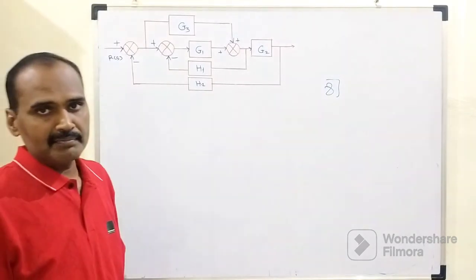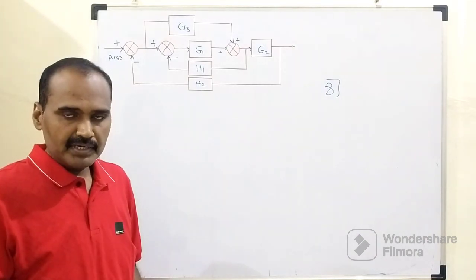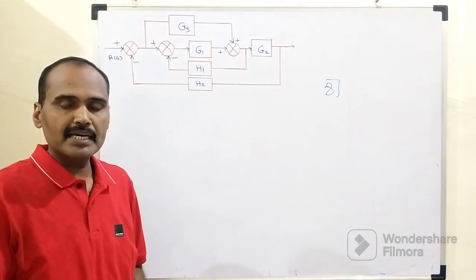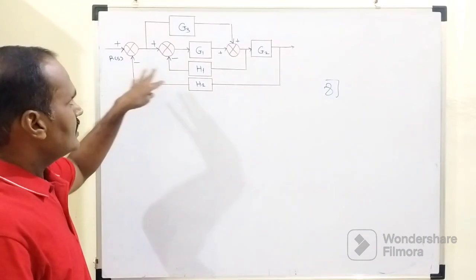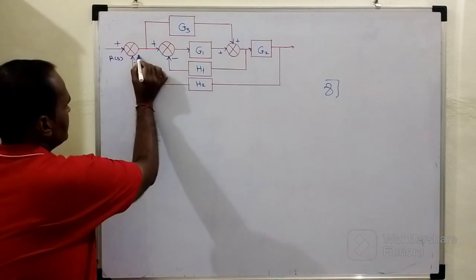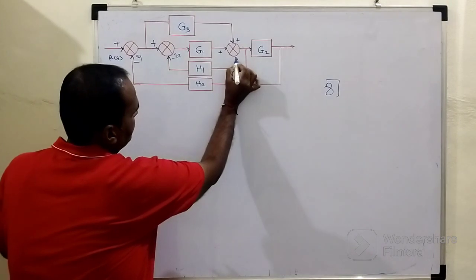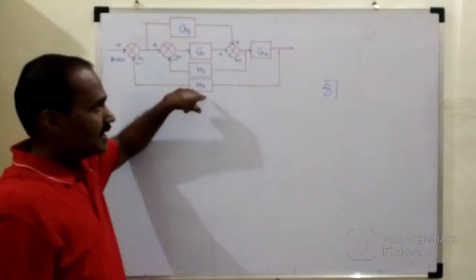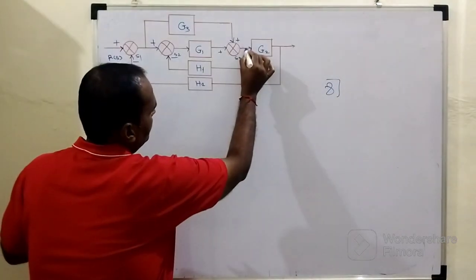First of all, we need to map this entire control system for the sake of observation. We need to observe how many feedback elements, how many summing points, and how many takeoff points we have. As you can see in this given block diagram, there are 3 summing points. This is summing point number 1, this is summing point number 2, and summing point number 3. As we have 2 feedback elements, H1 as well as H2, this will be takeoff point number 1,